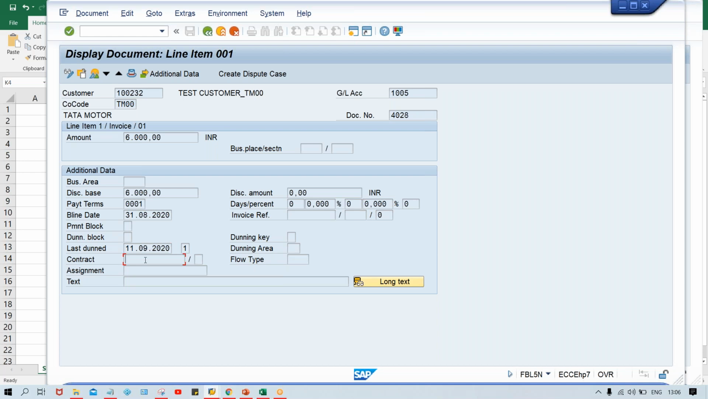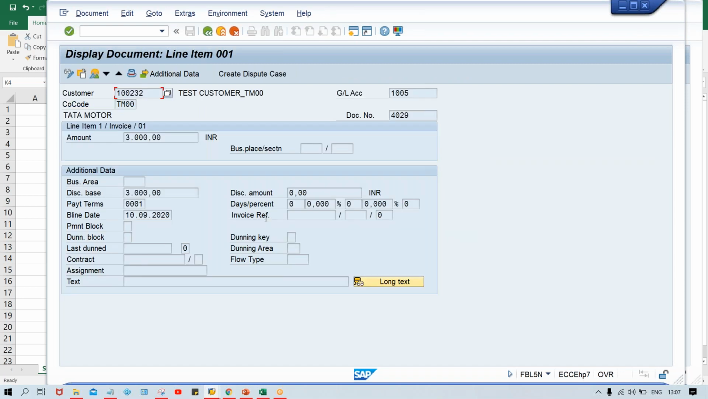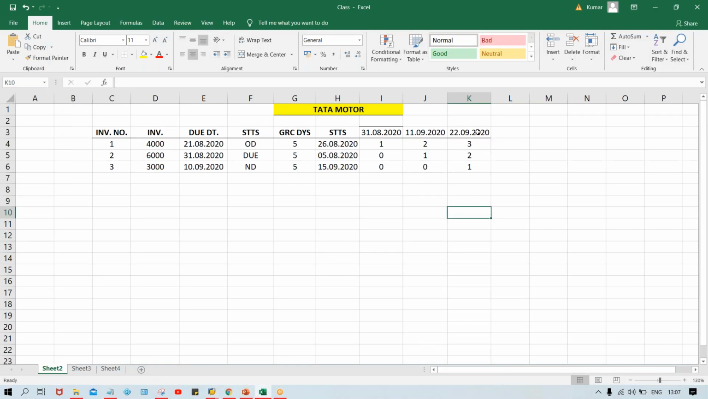So now here, for this one, the first reminder got generated. And for the third, there is no reminder. So if you are going to run on this date, then what will happen, guys? For this invoice, the third reminder is going to be generated. For this one, the second reminder, and for this one, the first reminder. Likewise, even if you have several thousands of invoices,